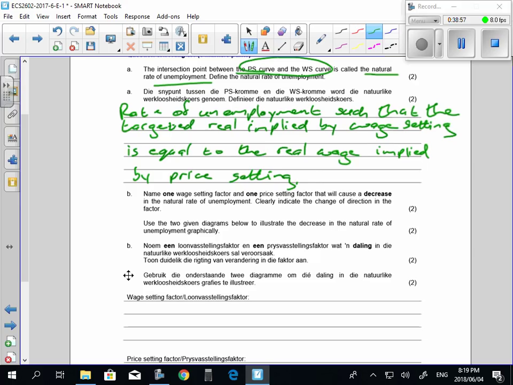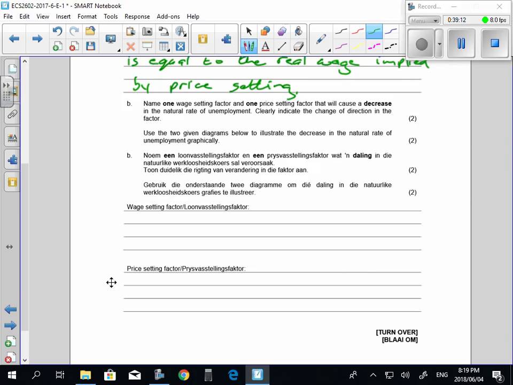Name one wage setting factor and one price setting factor that will cause a decrease in the natural rate of unemployment. Clearly indicate the change of the direction in the factor. Okay, so you need to know what would shift either of these curves and what would cause a movement along either of these curves. Okay, so for your wage setting,